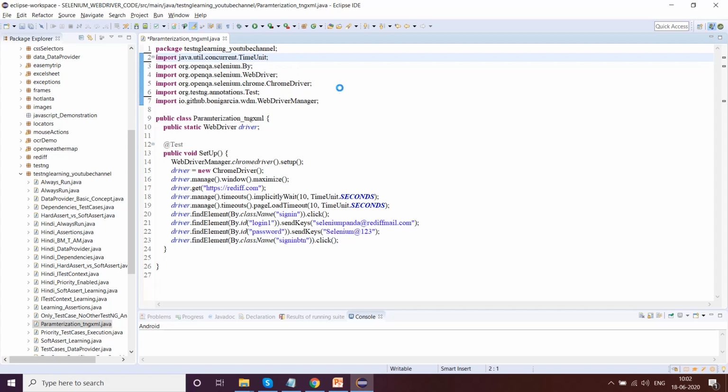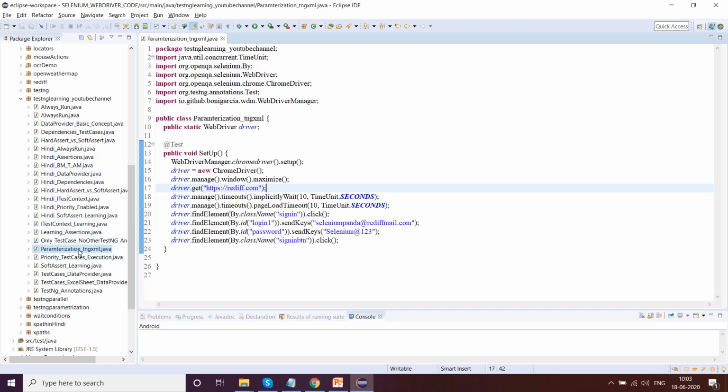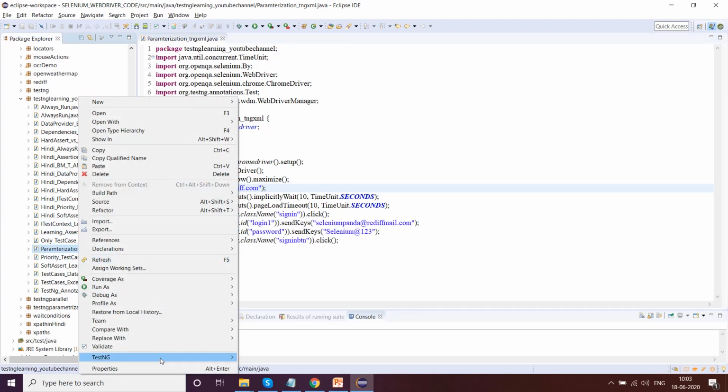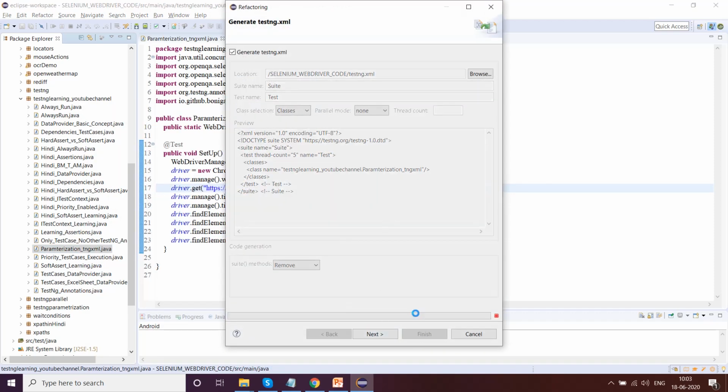So now what is my intention? Since we are using testng.xml to parameterize this, how do we actually do the parameterized stuff? This is the most important aspect of our video today. So let's go ahead and create a testng.xml file which will only have this particular class, that is parameterization using testng.xml. How do you create a test case which will only have this particular class inside it? Just click on that particular class, testng, convert to testng, finish.